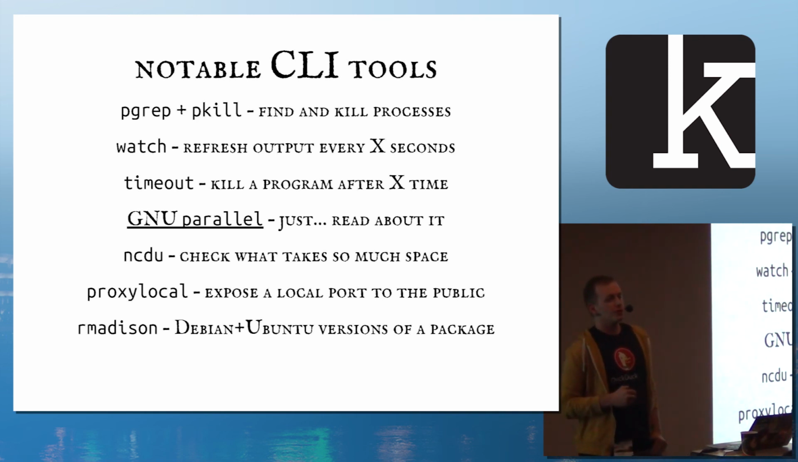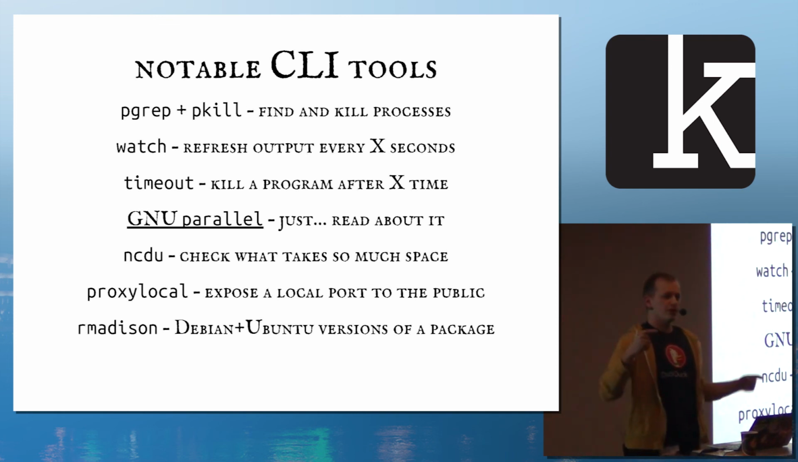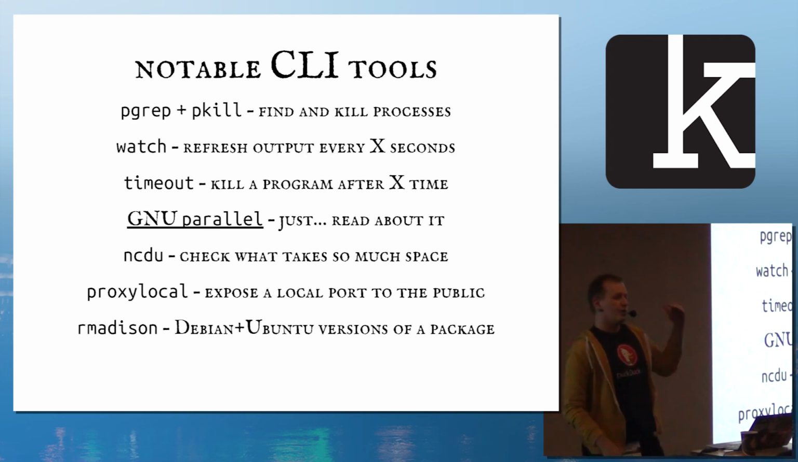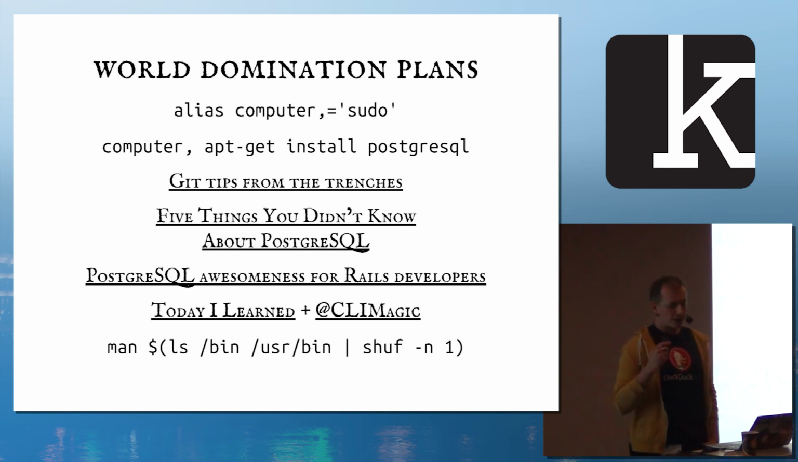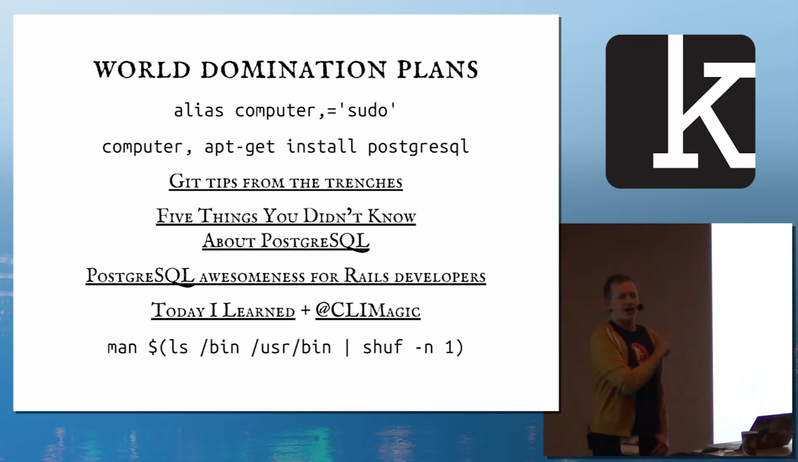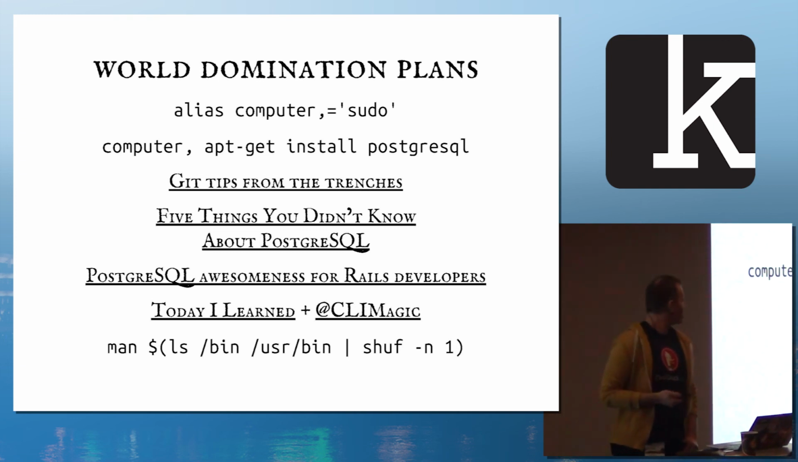rmadison, if you ever wondered which version of a given package, say PostgreSQL, is in which release of Ubuntu or Debian, rmadison will tell you this. You just go rmadison postgresql and it will show you that one version of Ubuntu had PostgreSQL 9.1, but the other has 9.3. Very useful sometimes. So, to wrap up the talk, this is an alias that you all should have in your bashrc, because rather than saying the boring sudo, you can actually say computer, apt-get install postgresql, computer, reboot, and so on and